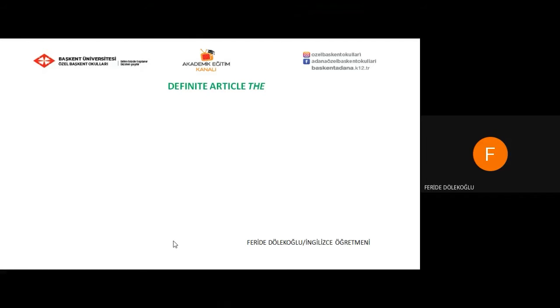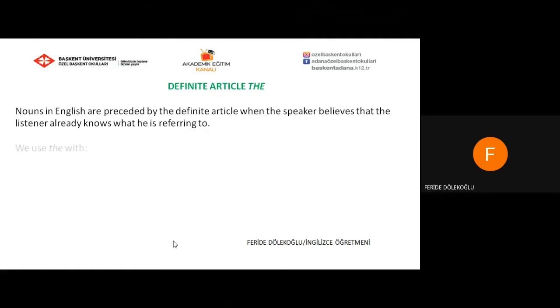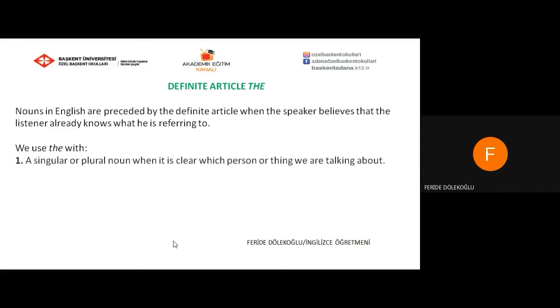We are going to continue with definite article the. Nouns in English are preceded by the definite article when the speaker believes that the listener already knows what he or she is referring to. This is important. We use the with a singular or plural noun when it is clear which person or thing we are talking about. For instance,